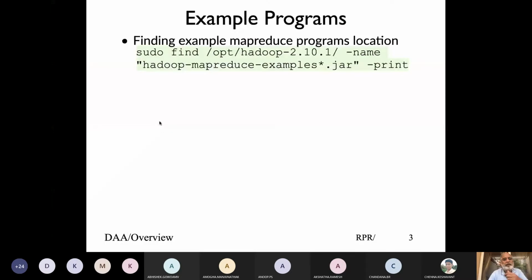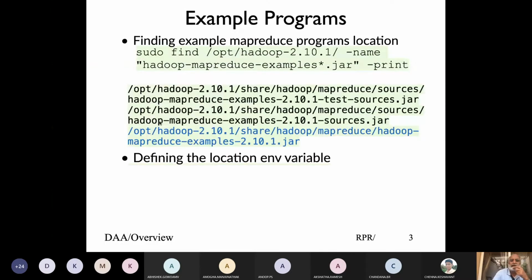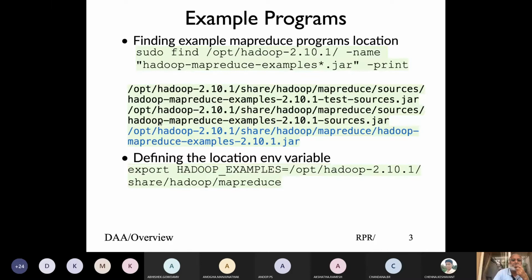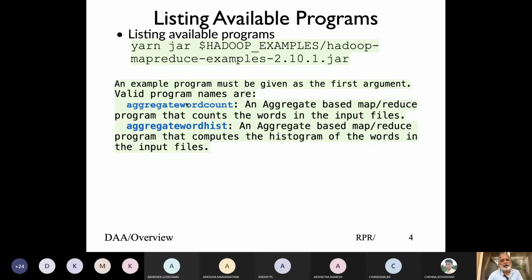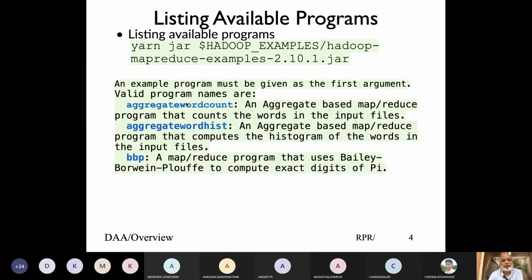So you can run this and you'll see the number of programs available. Aggregate word count runs MapReduce and counts all the words in the respective input files. Or you can draw a histogram of the words and what frequency they appear.